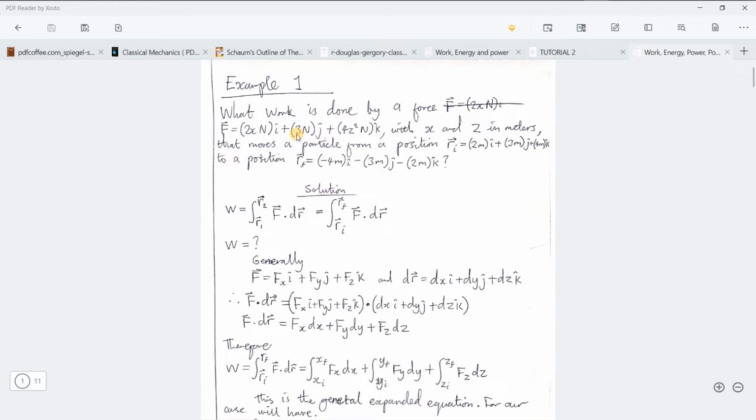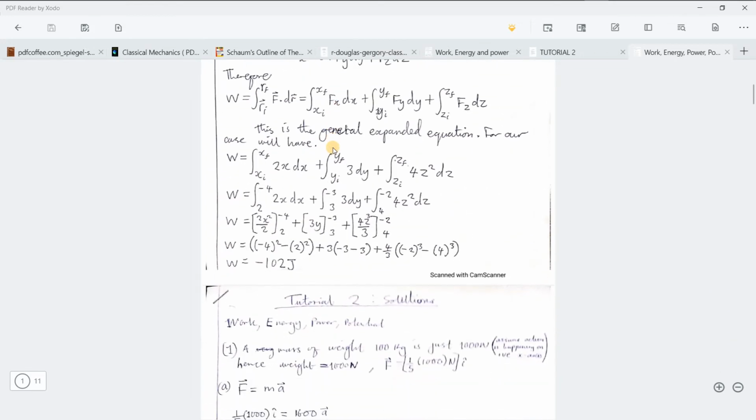So we just take the 3, we neglect the unit. We take the 3 because it's the component in the j direction or the y direction. So we just pick the 3 there and we put it here with dy, running from yi to y final,